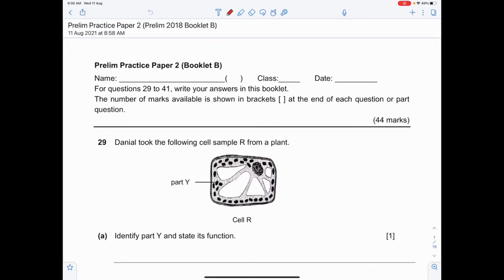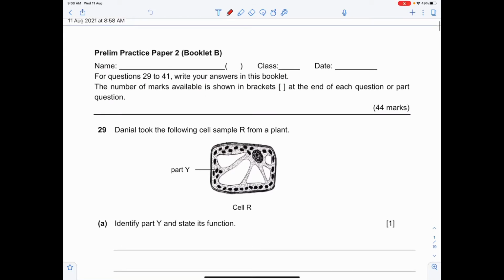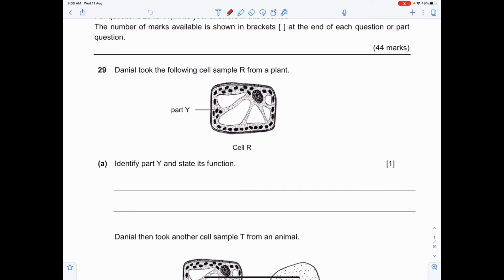Okay, so today we're looking at Prelim Practice Paper 2. So the first question. I always tell my students this: the most important thing to do is to figure out what is the main topic this question is from. One look at this question, you already know that this is on cells. Okay? So for cells questions, it is very important to identify